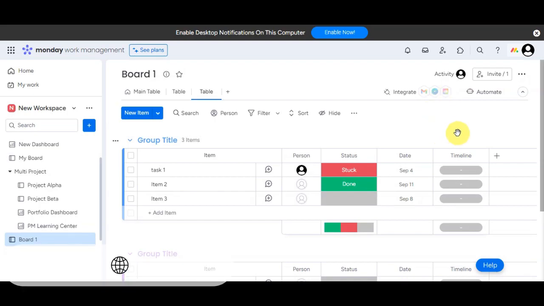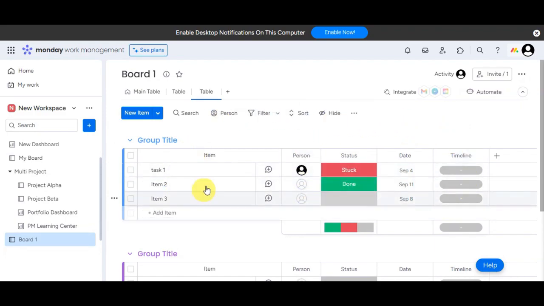Let's talk about item properties and details in Monday.com. In Monday.com, item properties and details are essential elements that will help you organize and manage your work efficiently. Item properties are customizable attributes or fields that you can use to store specific information about your tasks, projects,